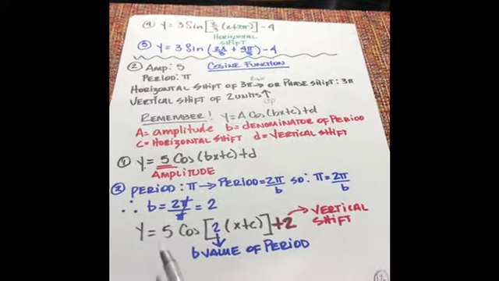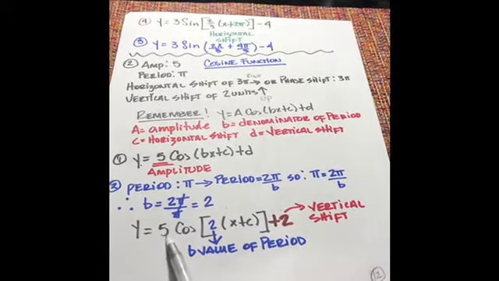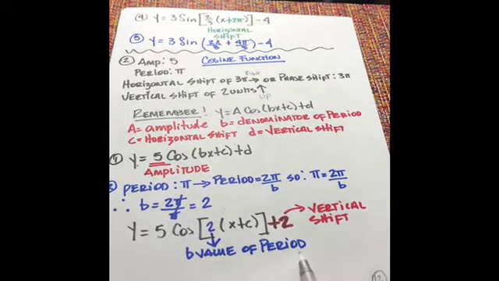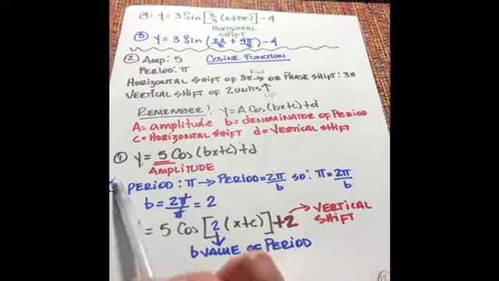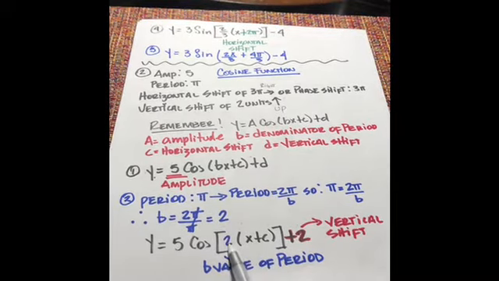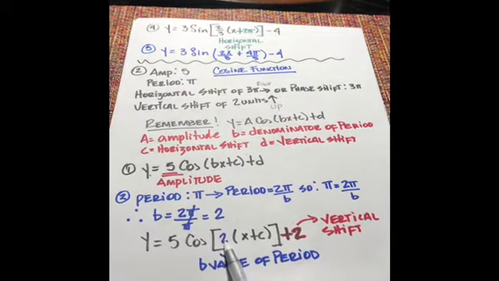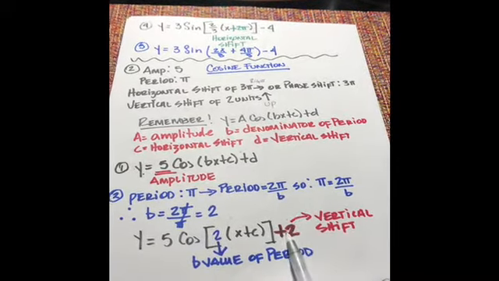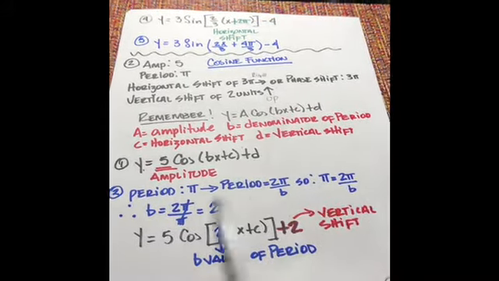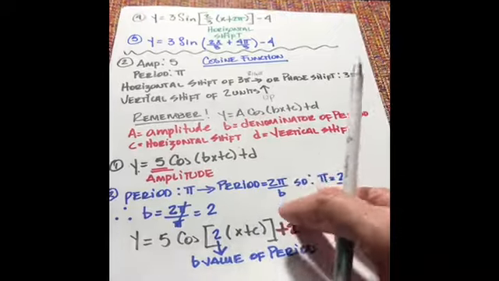So in my equation, this means that y is equal to 5, the amplitude, cosine of 2, which was the value of b that I got from the period in this procedure over here. x plus c. Remember to first leave the value of b outside of the parentheses, and then the vertical shift of positive 2, because they were telling me that the graph was shifted 2 units up. Once I have this, I proceed to finish my equation. So I will be having